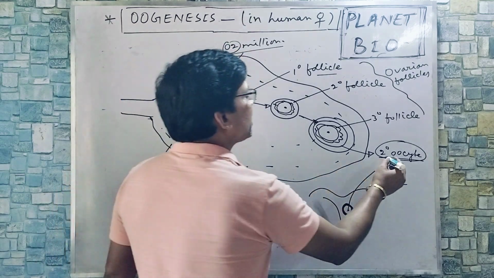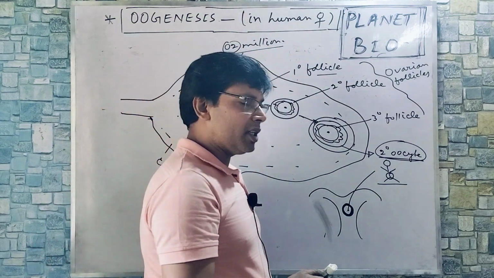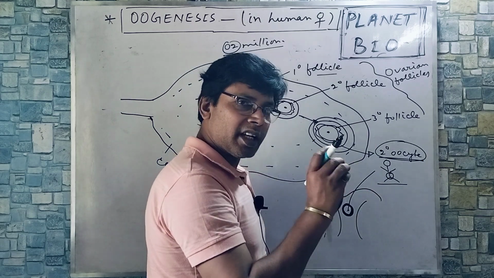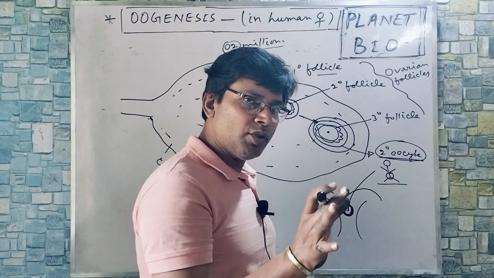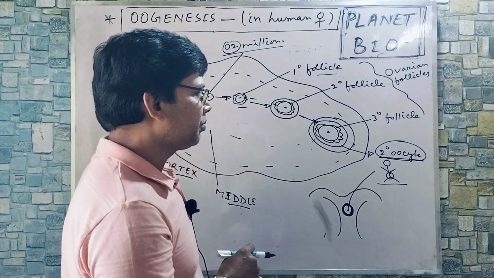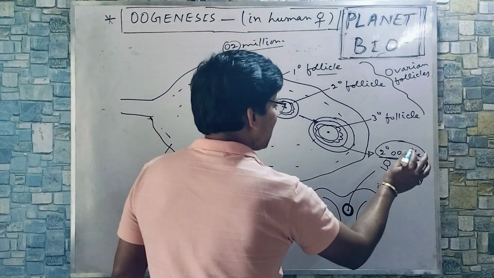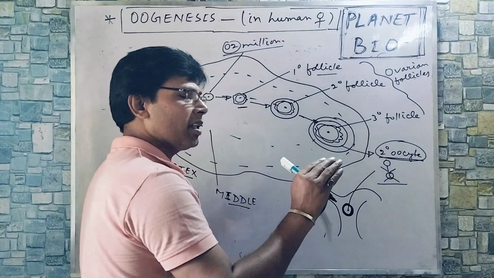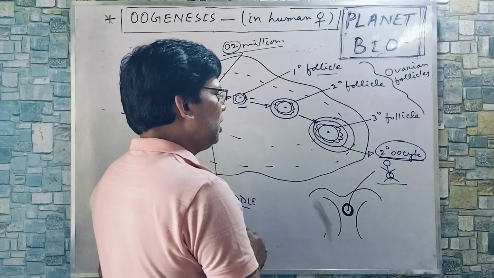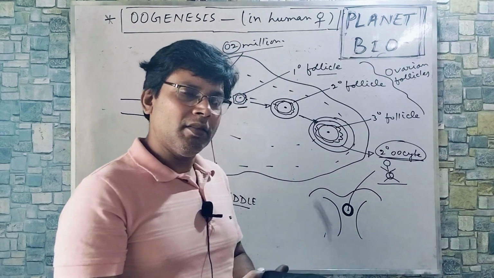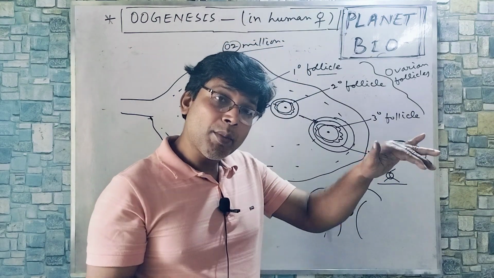So, in the form of secondary oocyte stage, ovulation occurs. The process is called ovulation. And this is not the ovum, actually it is secondary oocyte. This has been formed after first meiotic division. Second meiotic division has not completed till now, so this is an immature one. After that, when secondary oocyte is released, we say that an ovum is formed. Now, if it is fertilized, then further embryonic development would occur. If it is not fertilized, then it would come out